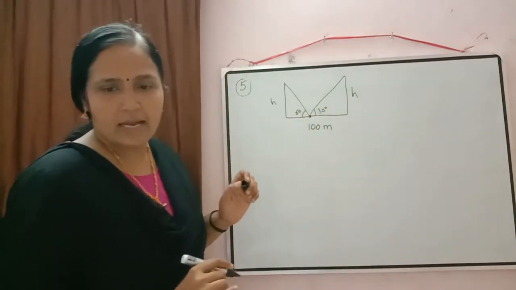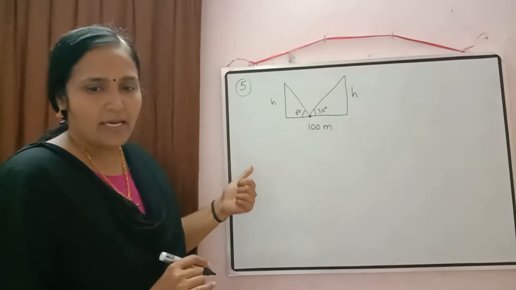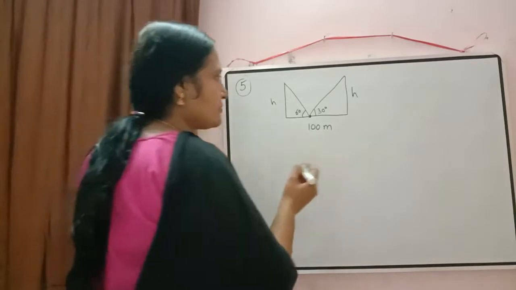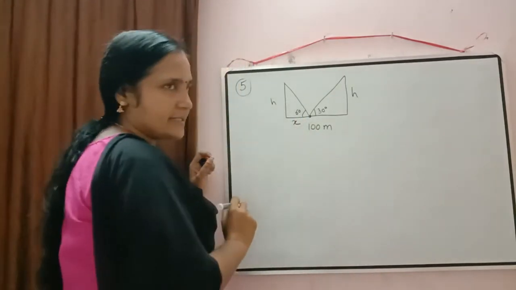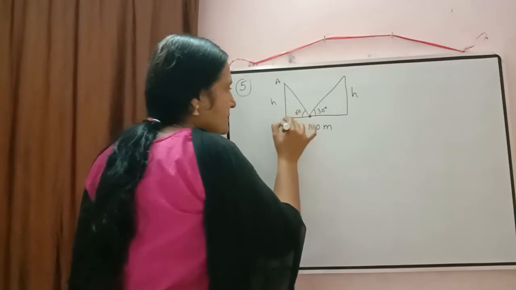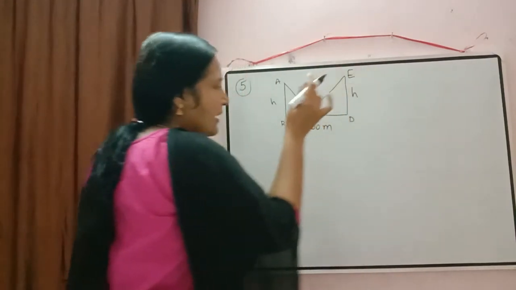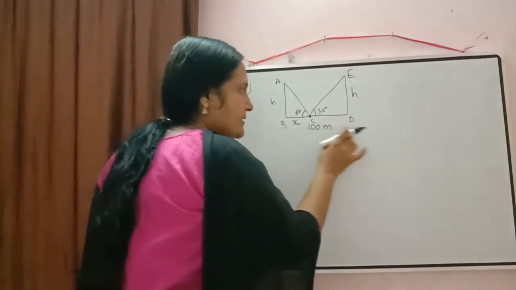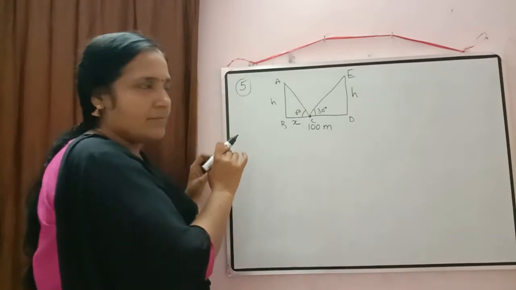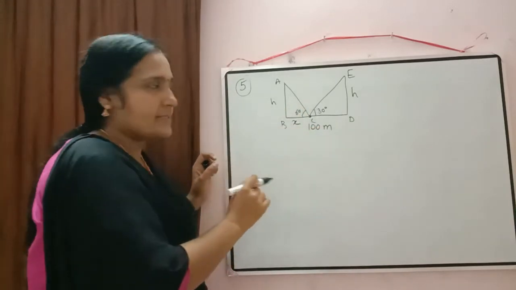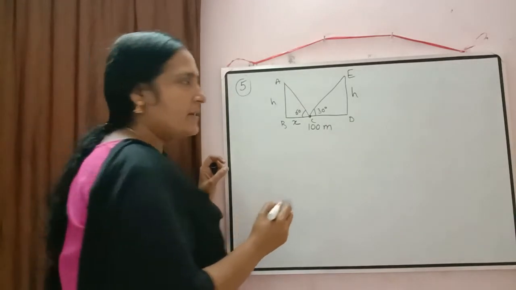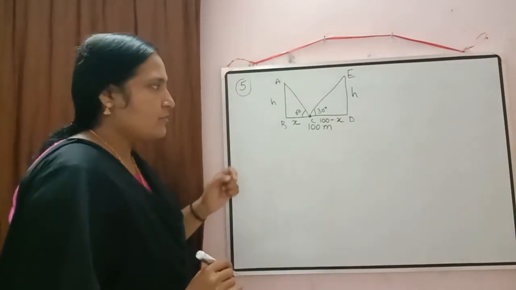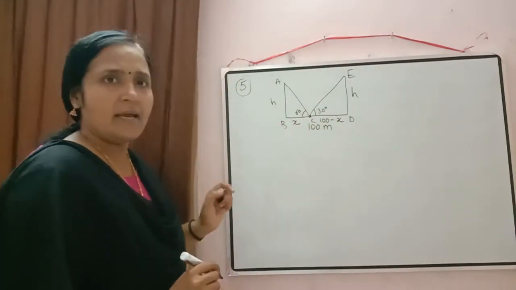Okay. Now what do we have to calculate? We have to find the position of the point between the pillars and the height of the pillar. So this height we have to calculate. Suppose I take this as x. We can mark the points A, B, C, D and E here. If I have taken BC as x, then as you can check, the total distance BD is equal to how much? 100 meter. BC I have taken as x. Then how much will CD be? Yes, CD will be equal to 100 minus x. So we need this value and the height of the pillar also.